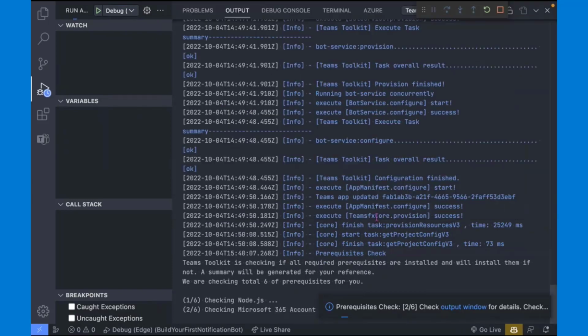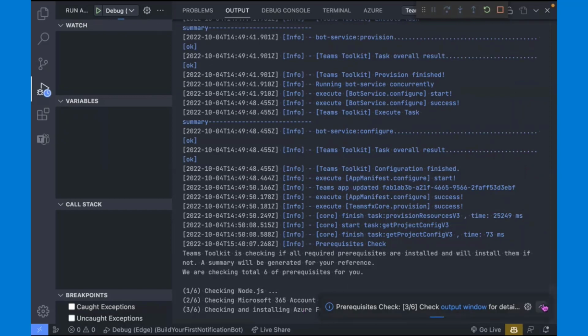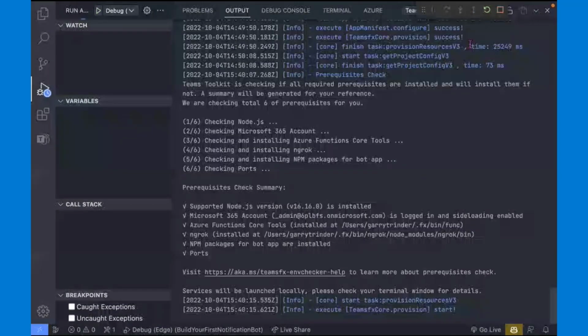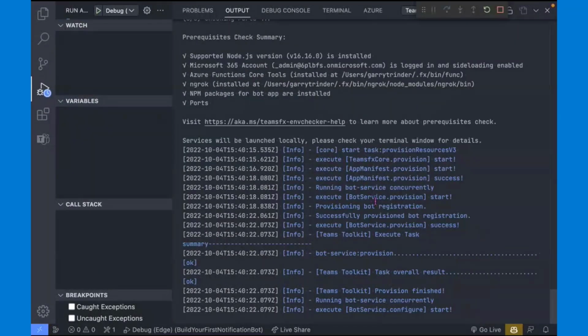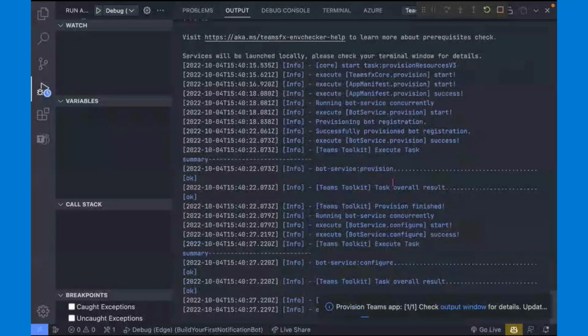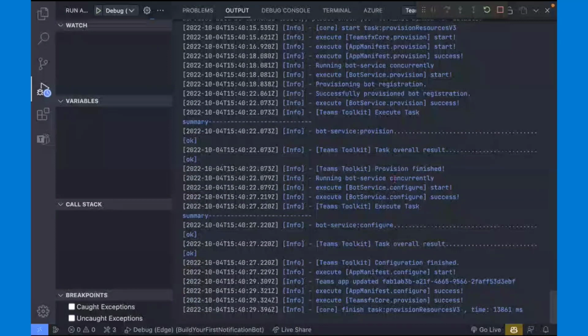And we can see here, if I just expand this, there's a number of prerequisite checks that are happening. It's a bit fast, but essentially what Toolkit's doing is it's checking the node versions, it's checking that you've authenticated with your 365 account, it's checking that you've got Azure Functions Core Tools installed, and that npm is there as well.